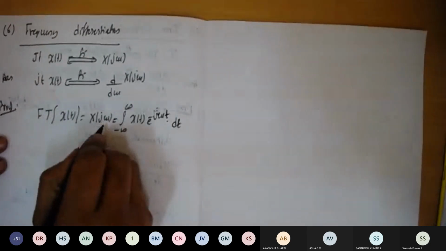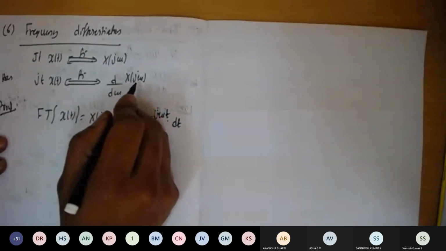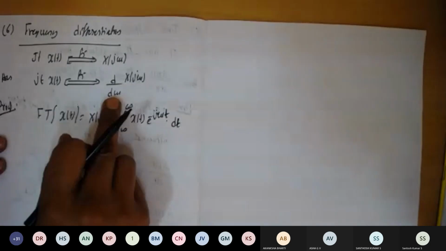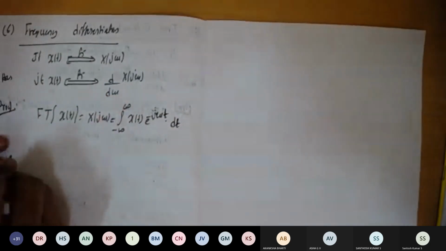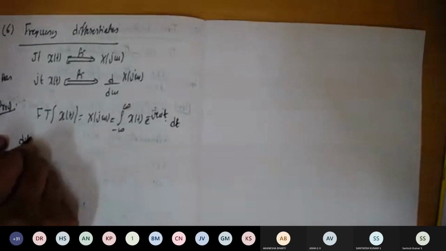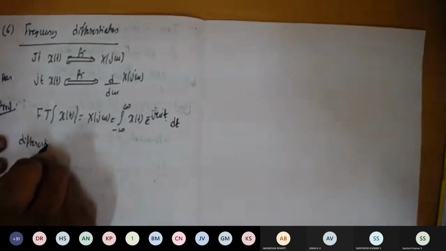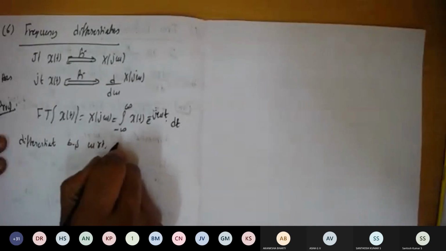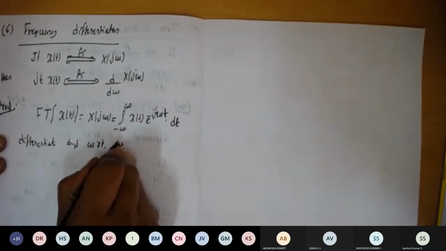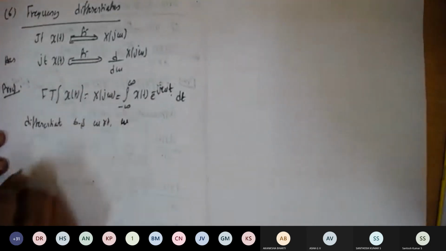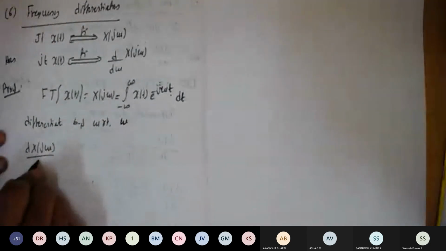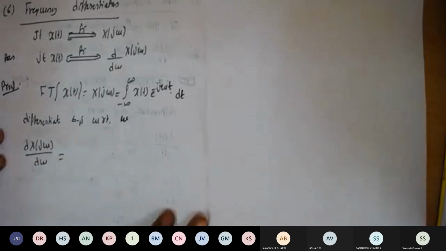Okay. Now since we want to differentiate in the frequency domain, I'll differentiate both the sides with respect to omega. So if you differentiate here, it will become dX of j omega divided by d omega. So this is equal to,